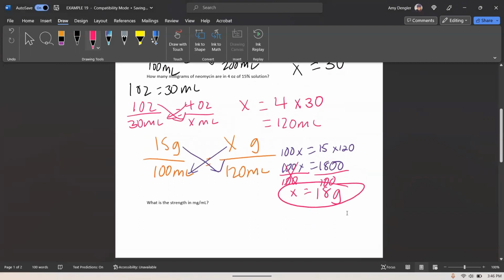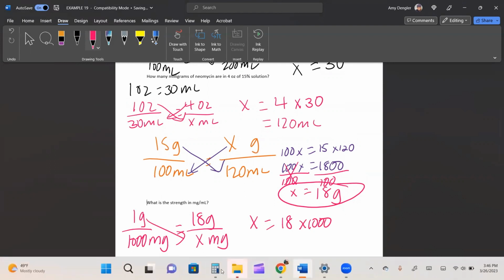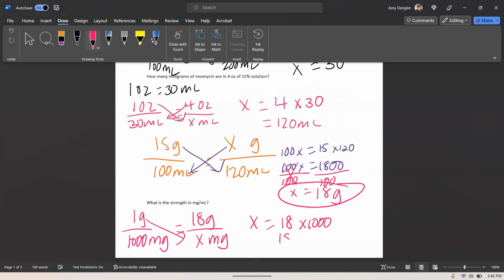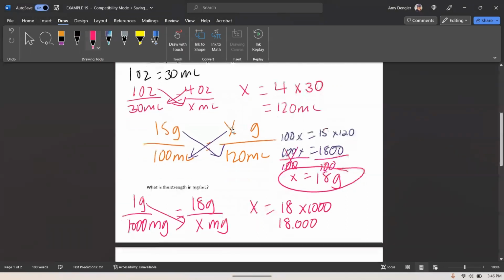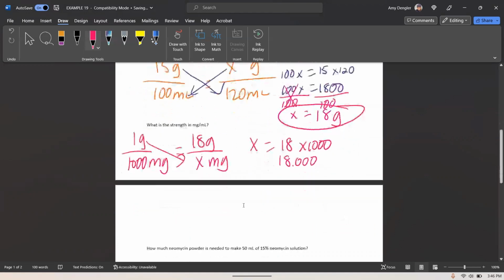So we have to convert that 18 grams to milligrams. So 1 gram is equal to 1,000 milligrams. We have 18 grams. How many milligrams? So this would be 1x, which is just x, is equal to 18 times 1,000. So 18 times 1,000 is 18,000 milligrams